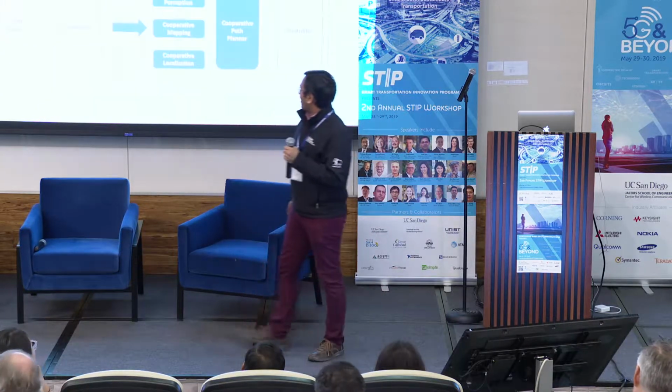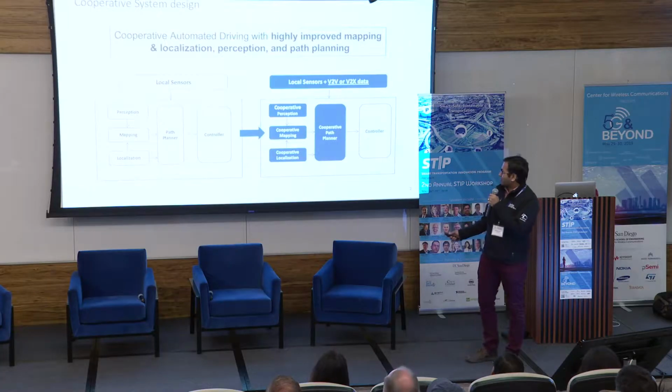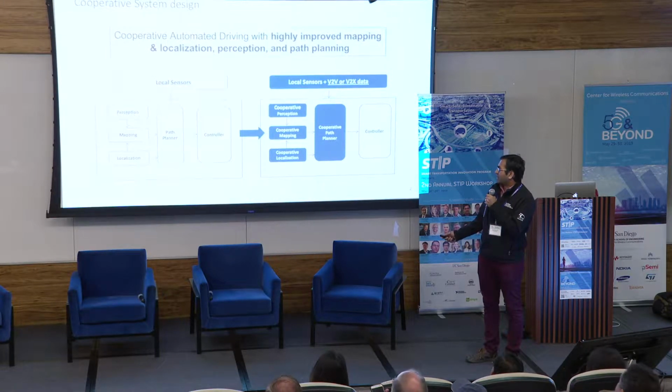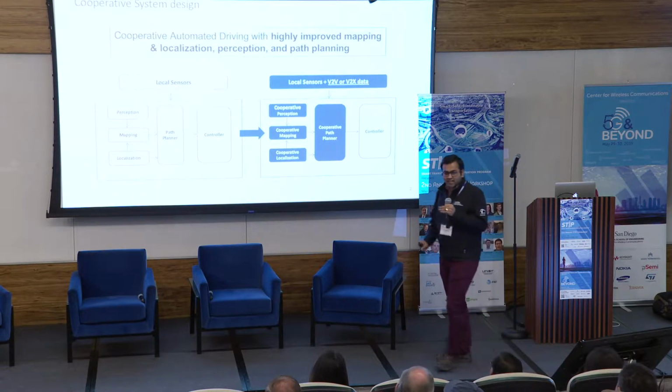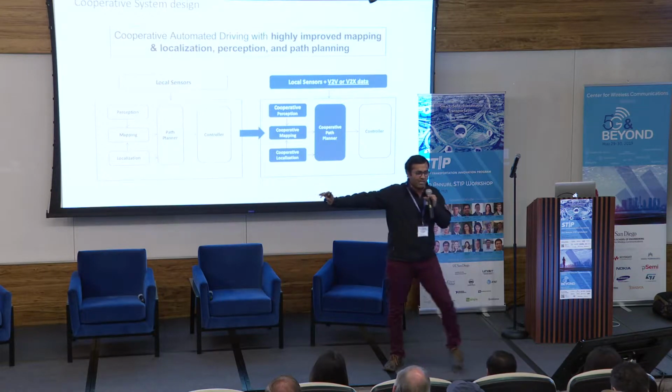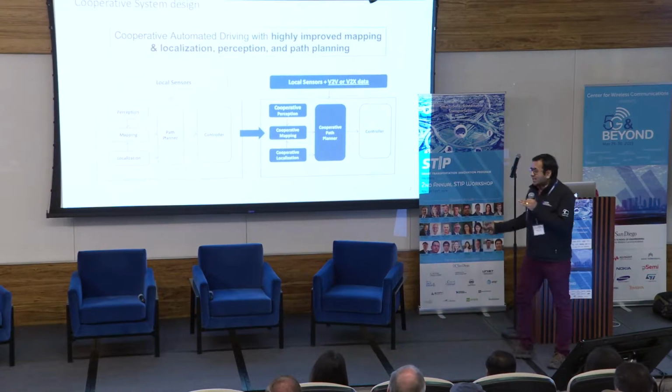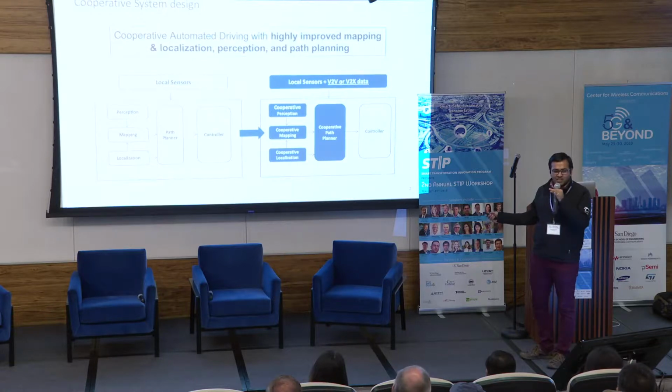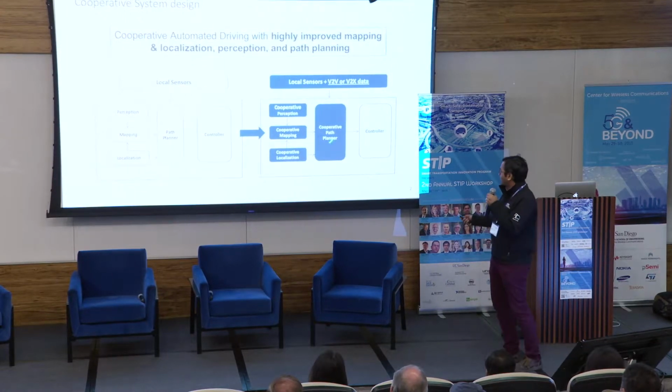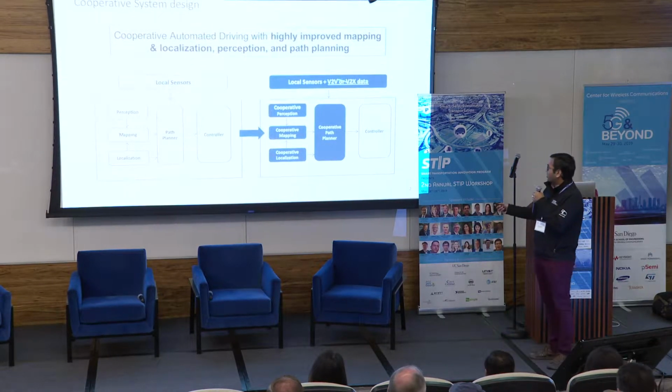So here's the problem. Here's how cars work: they perceive the environment, they localize themselves, get the maps, and use their sensors to perceive things, and then plan their path, which is sent to the controller. That's the highest level, so that everybody is on the same page with me. And this is what we really want to go to, the vision which has been proposed before as well.